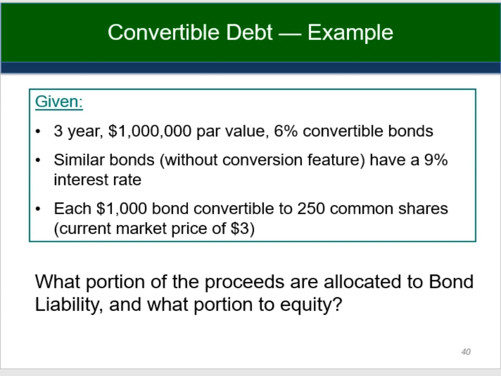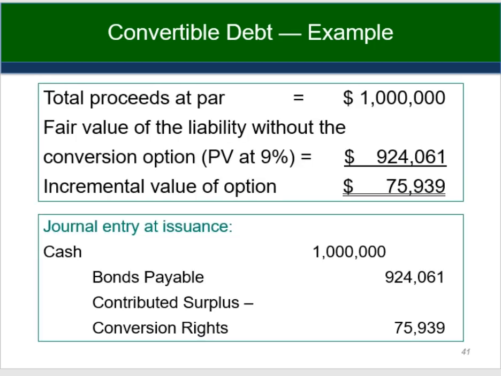So what portion of the proceeds from selling this bond are allocated to bond liability, and what portion is allocated to equity? Well, if the coupon payment was priced with a 9% interest rate, that would represent the price of the bond, and any difference would be represented by the only difference, which is the conversion privilege. So the total proceeds at par would be $1 million, and the fair value of the liability without the conversion option at 9% is $924,061,